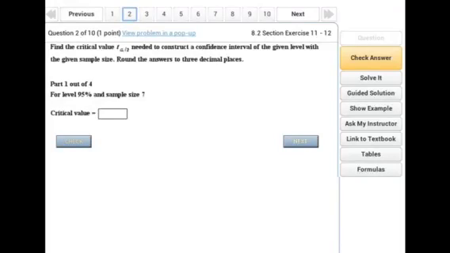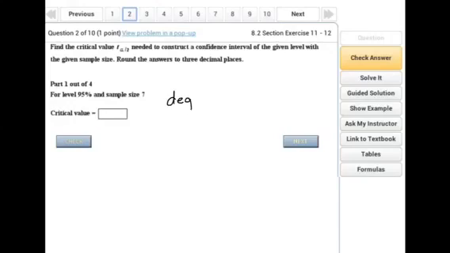In this problem, we want to find the critical value, t sub alpha over 2, needed to construct a confidence interval. So the first part asks us to find that critical value t for a confidence level of 95% and sample size 7. So when we're working with t values, we need to say that the number of degrees of